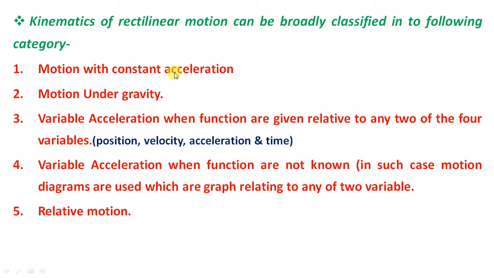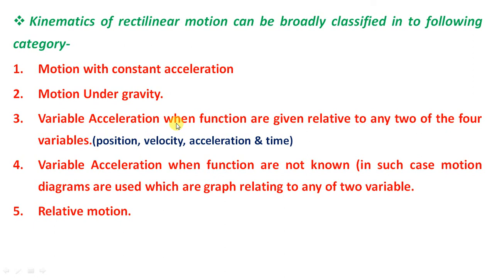The difference between these two is that here we have to consider the acceleration a, and there, instead of a, we have to consider the acceleration due to gravity. So a is replaced by the value g. This is the main difference, or rather these two are one and the same problems. Third, variable acceleration. In the first two cases the acceleration remains constant, and here the acceleration may vary depending upon the